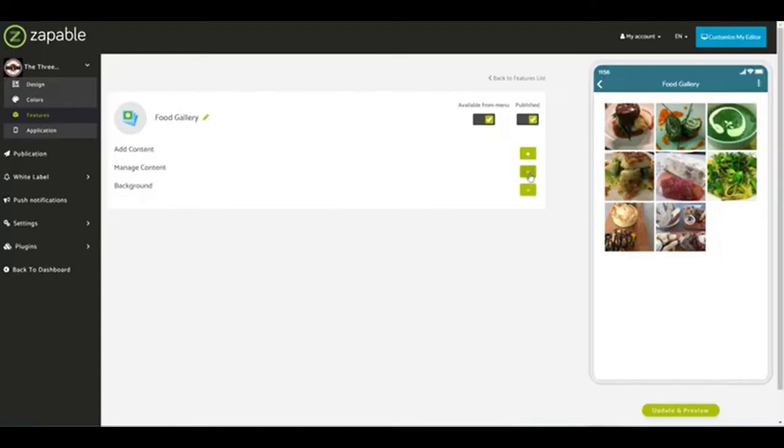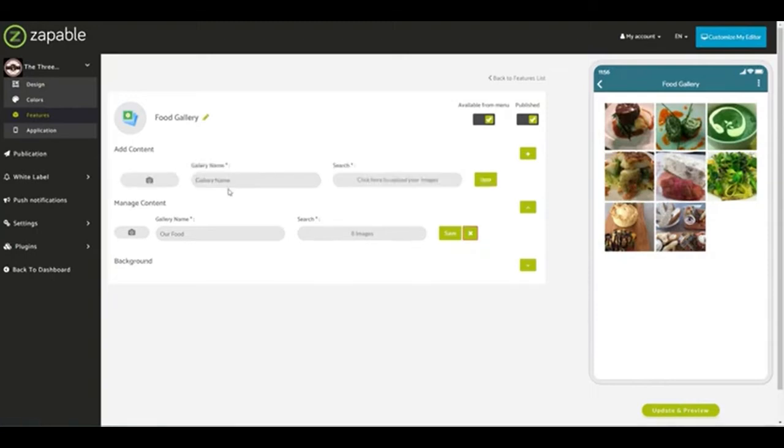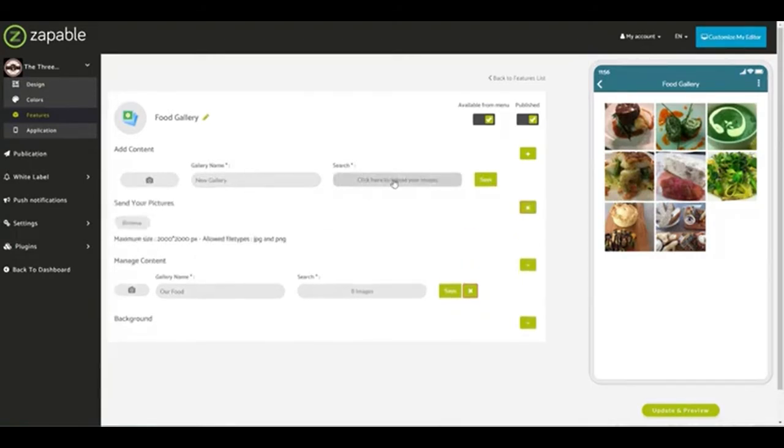Now I have the ability to manage the content. So I've got the 8 images that I've added, or I can add content by clicking the plus symbol. We can either integrate with Flickr and pull images through from Flickr, or if we have particular images for this business, as in most cases you will, you just click the My Images button, give the gallery a name. So we're going to call this New Gallery, and then I'm going to click here to upload my images,